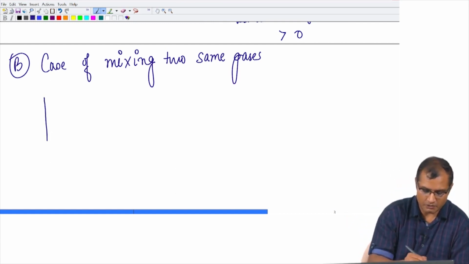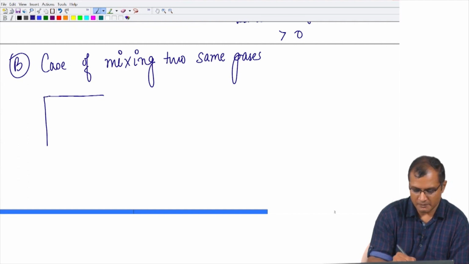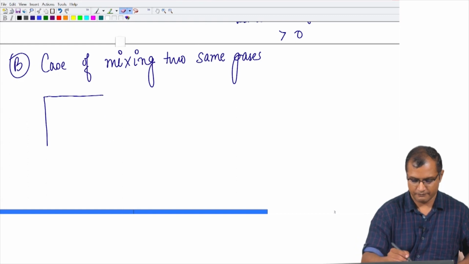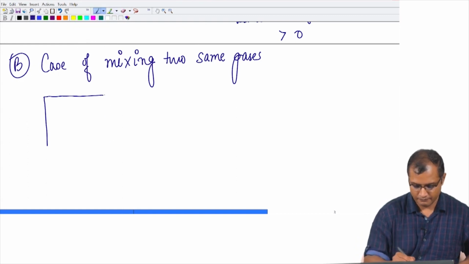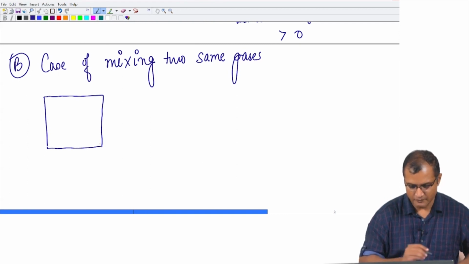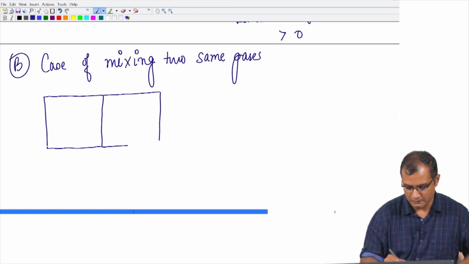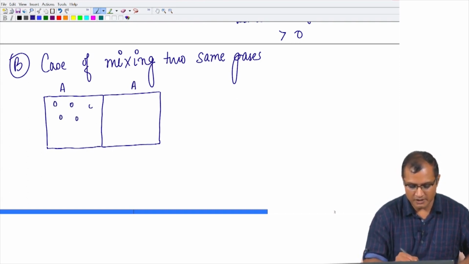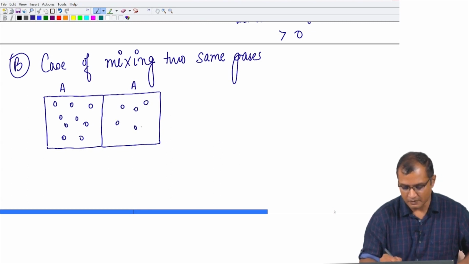So, now I am going to do this experiment. As usual, you take two compartments and you take particles of the same type on both sides, because I am mixing two gases of the same type,